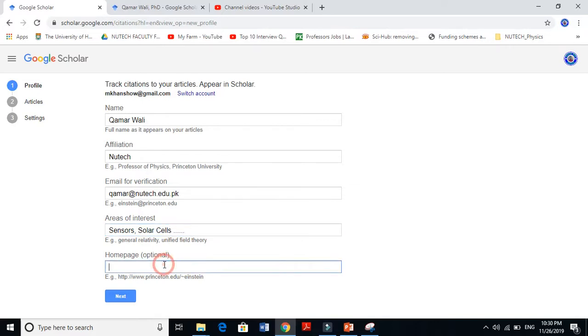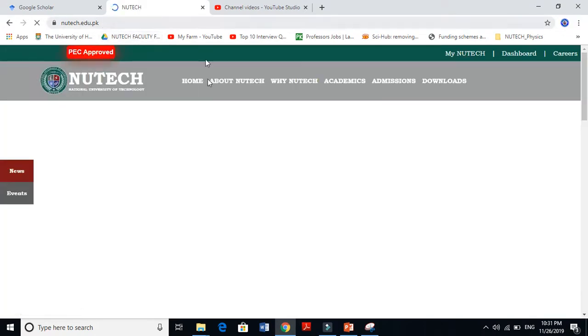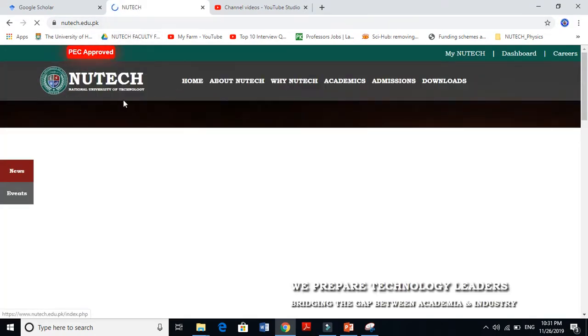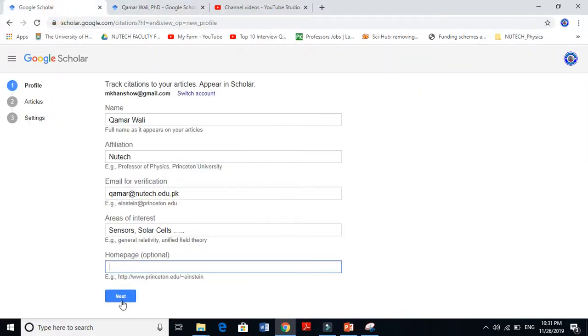And if you have a home page, you can just put the home page here. Home page plays a very important role, I will show in the next video. When you put the home page there, people will click that link. I don't have another home page, so I give here the NewTech website, my university website. When you click, it reaches my university. This is my home page. Okay, so when you just click next,